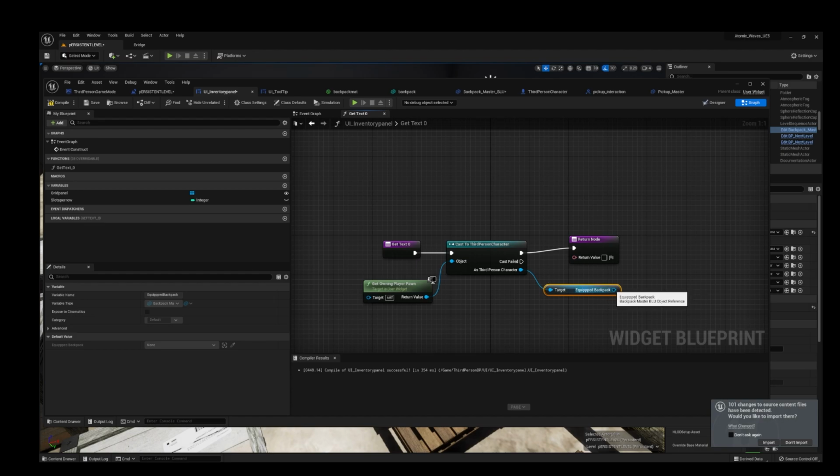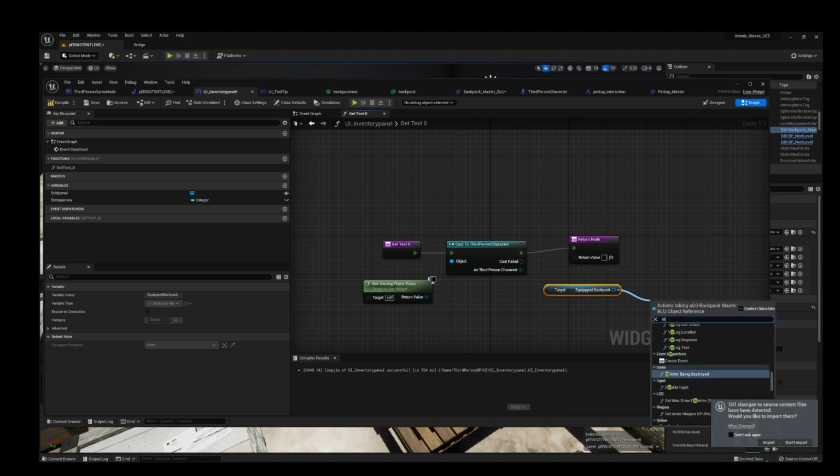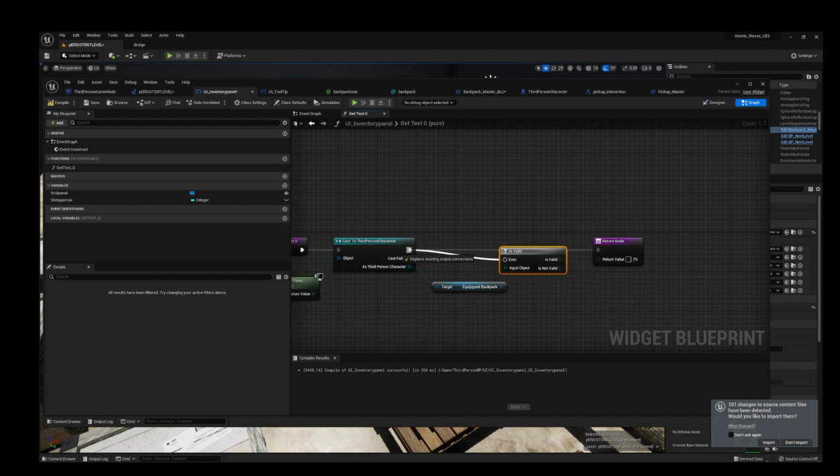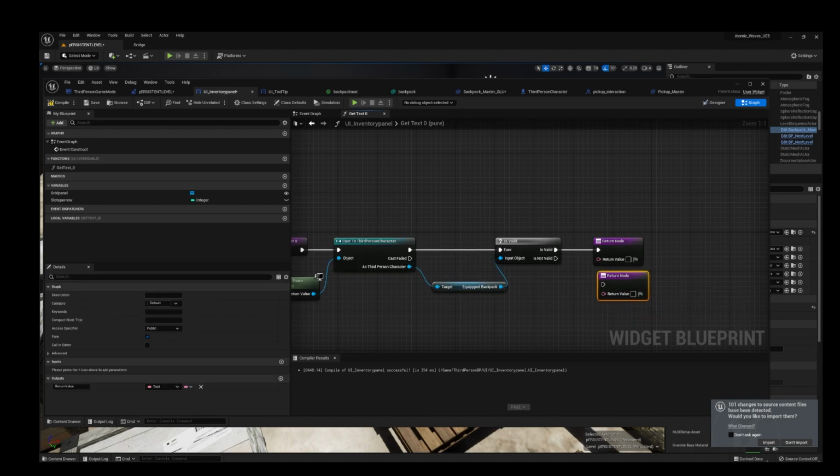Then from here, you can check is valid. Now we're going to get the execute, connect to here, valid, connect to here. We're going to make a copy of this return node and paste. That way we get two separate messages.